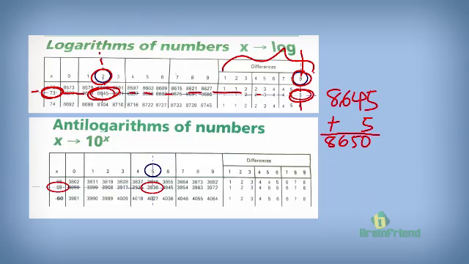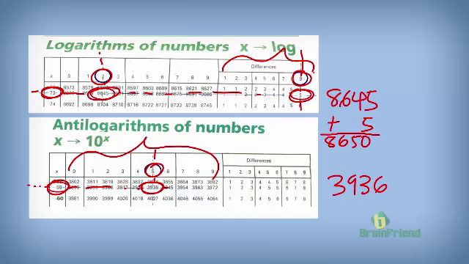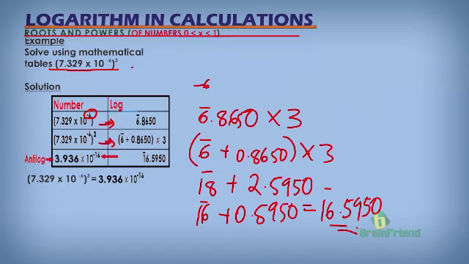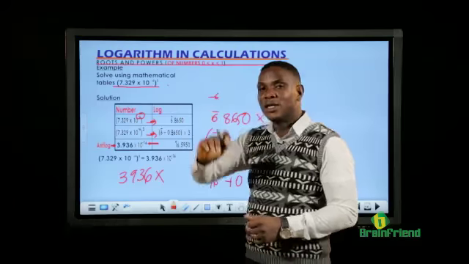So we have 0.59. We trace that on the row and find the next digit, which is 5, under our column here. So column 5 traces down to meet our row at this point, where we have a value 3936. 3936 is our value. But remember, we learned that in standard form, the power that is seen in that standard